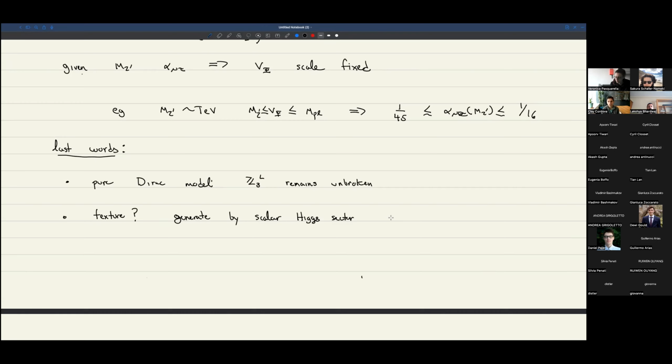Here, I don't mean the standard Higgs field. I mean the Higgs field that's responsible, for instance, for breaking U1 mu minus tau down to nothing. After all, we don't see U1 mu minus tau right now. So that introduces a whole bevy of Higgs fields, or if you like, even just one Higgs field. And you can use the couplings to this Higgs field and some spurion analysis to generate a neutrino mass matrix